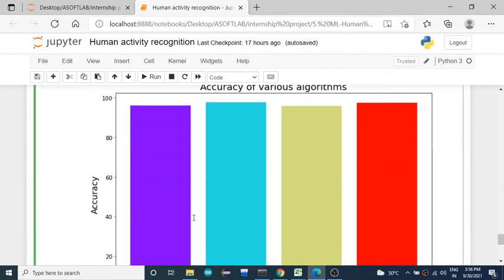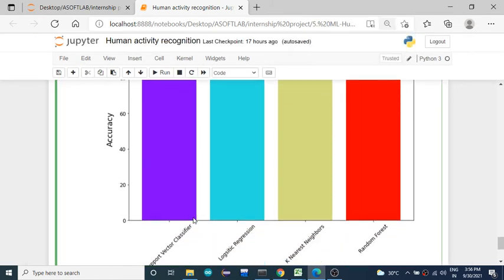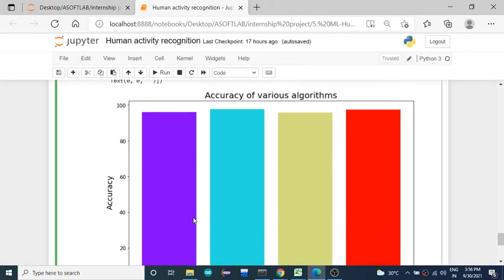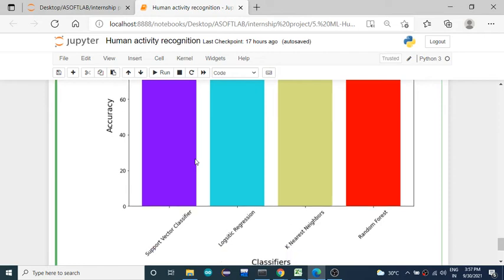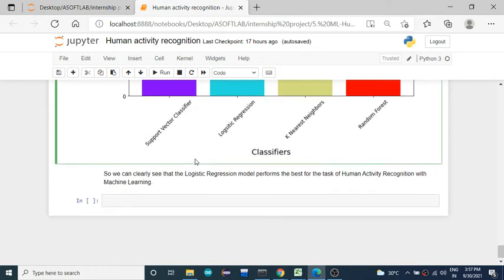If we compare the accuracies, this is how they can be displayed through a graph. You can observe that this is the highest one, which represents logistic regression, giving more accurate answers. So you can implement more than one algorithm for a problem, check the different accuracies given by the different classifiers, and select the best one. After the evaluation of the model, the final step is to deploy the model.